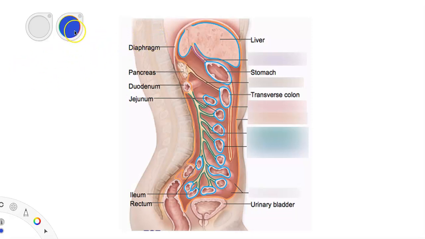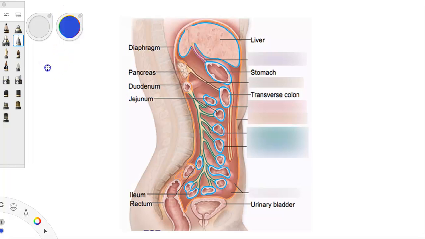Okay, so let's look at the peritoneal cavity. Peritoneal cavity. Okay, so the peritoneal cavity, we're talking about the serous membrane part of